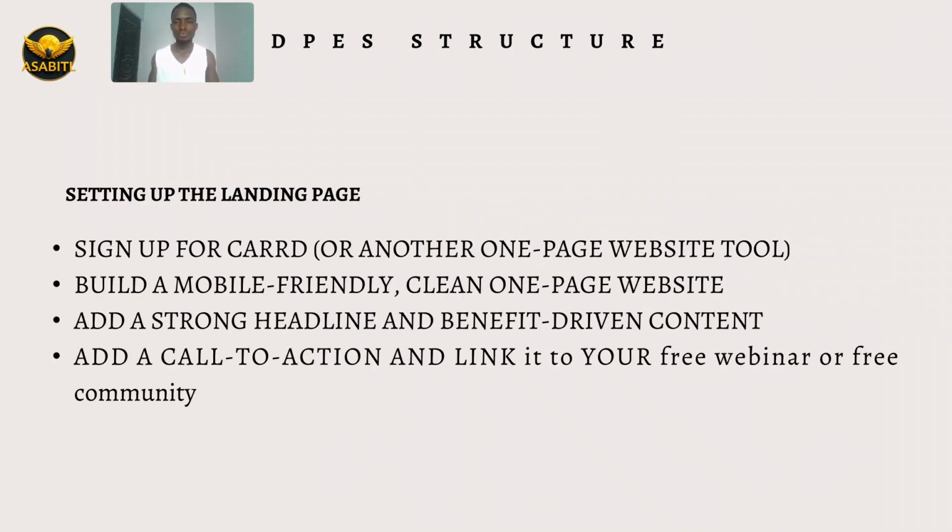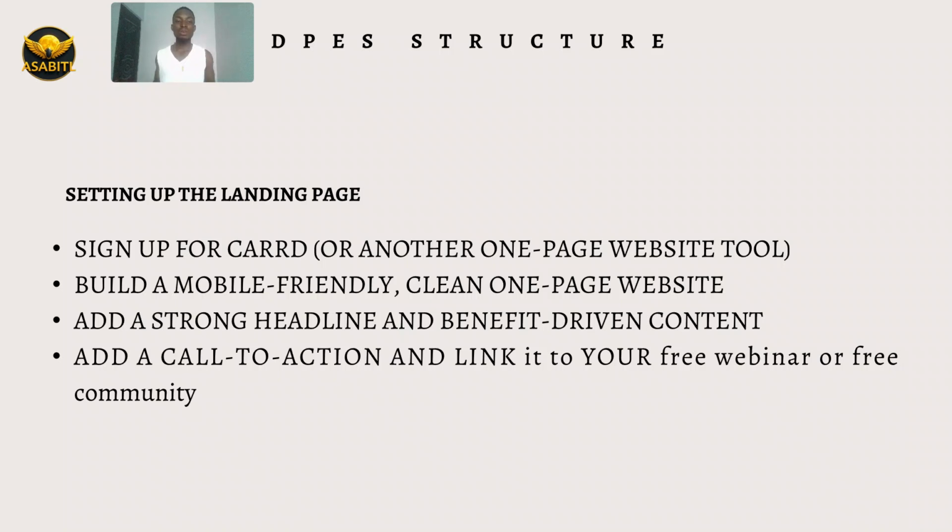So what do you do in this stage? In this stage, you can use an already made platform. It doesn't need you to go and start building a website. No, you don't need to. There are already made one page websites that you can use, and you can use something like Card. Card is one of the platforms that I do use, and they are simple, they are mobile friendly. Even a smartphone can navigate. You can even use your phone to set up the page by yourself and just upload your information, replace things, because they provide a template where you replace the information with your own information. And that's how easy it is.